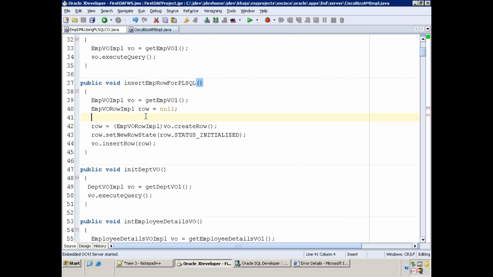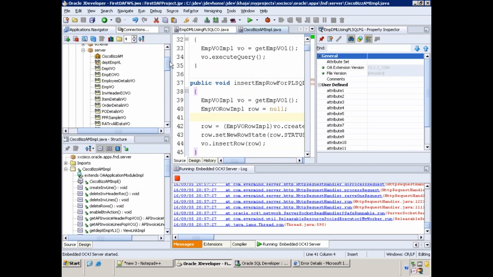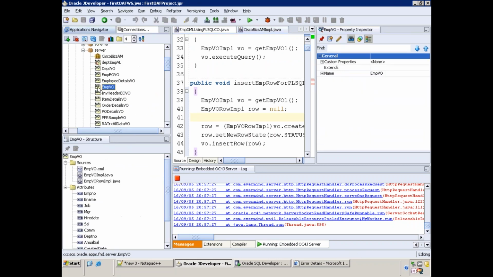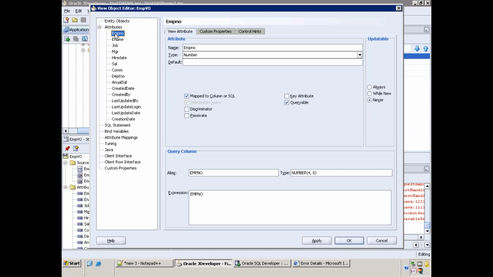So we executed the VO and we got the rows. Here, why is it giving read only? Because there could be some attributes which are not updatable, that we have to check properly. Can you see EMP number is read only?